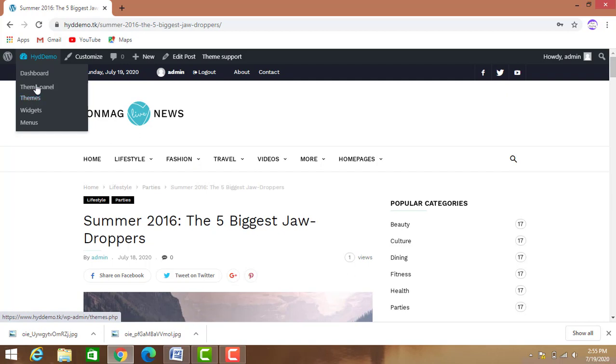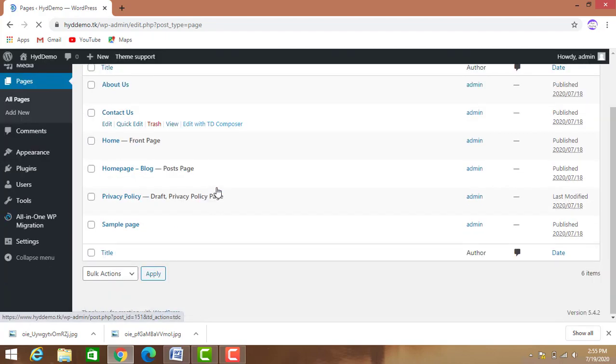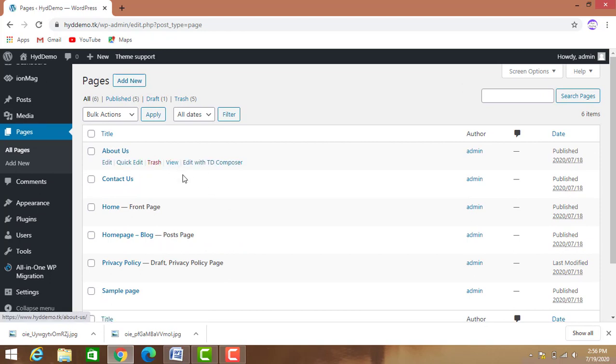Next we need to go to all pages. With a demo there will be a number of pages.